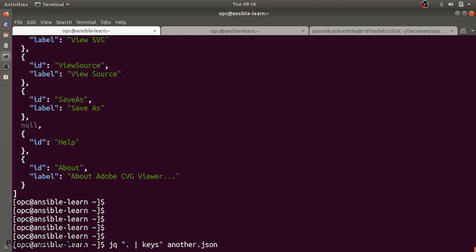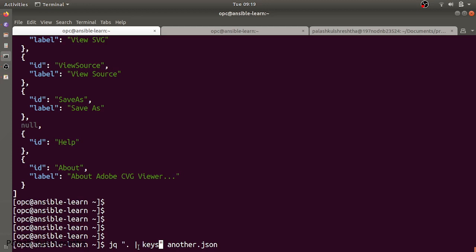So keys is basically a function. Having only a dot means it is at the root context, and then we try to find out what keys are present with this command: jq dot and pipe it to keys.